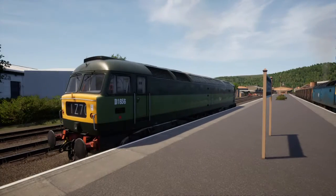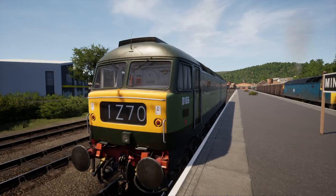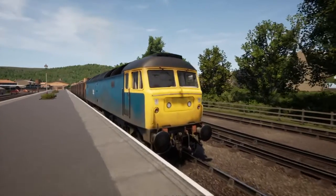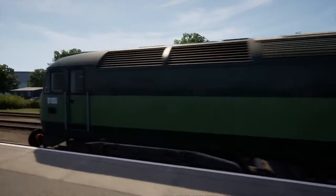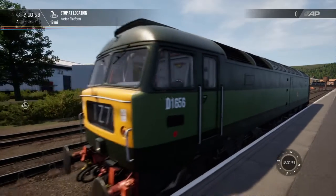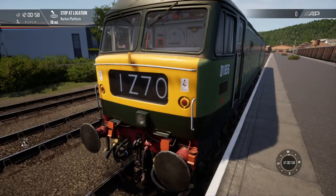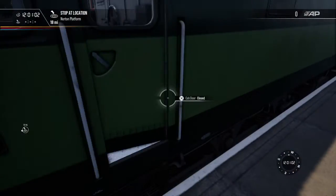So the two trains here are class 47s. One is the older two-tone green one from West Somerset Railway, and the other is the much grimier Northern Trans-Pennine version, which is in blue. So let's start off with the British Rail green version. As you can tell, it has got the headcode box, and going inside